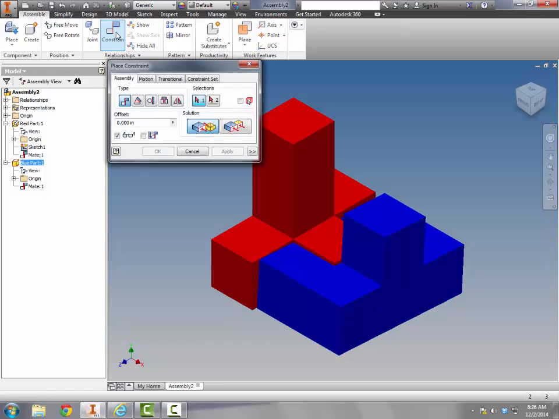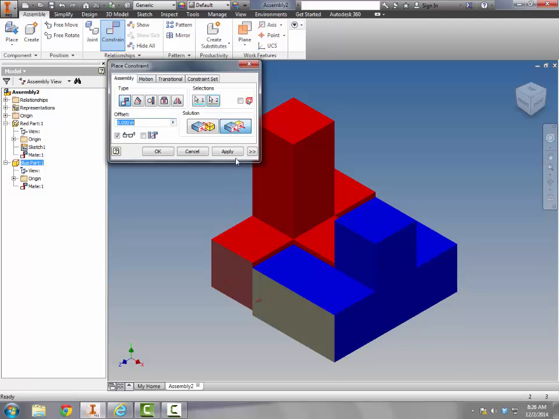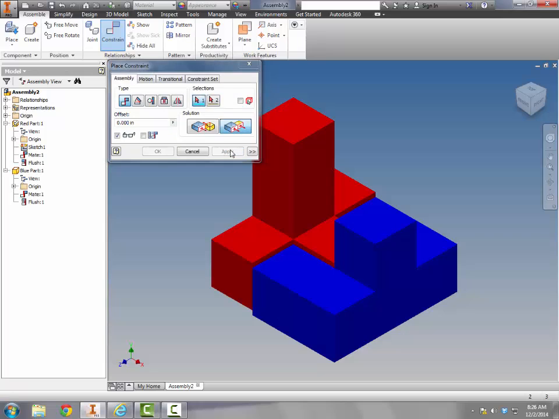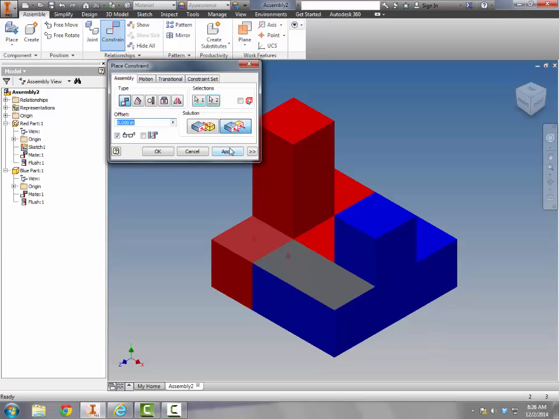So I'm going back to constraint. I'm still using the mate as the type of constraint, but I'm going to change my solution. I don't want to use mate now. I want to use flush. I want to flush my edges. So I want this edge and this edge to be flush, and if I'm happy with that, I hit apply. And I want this edge and this edge to be flush, and if I'm happy with that, again, I hit